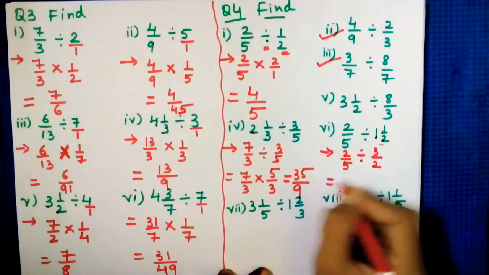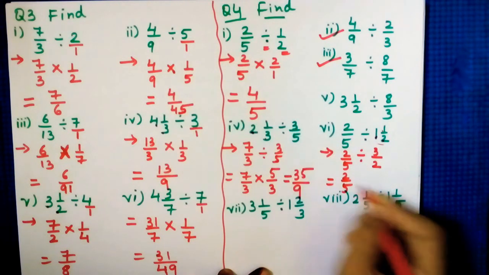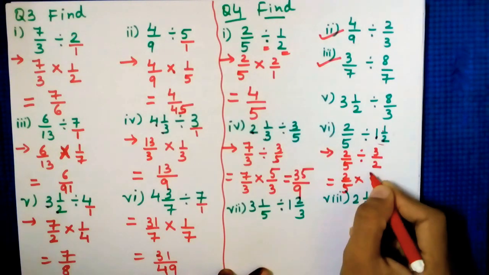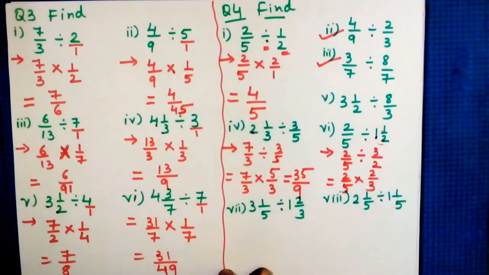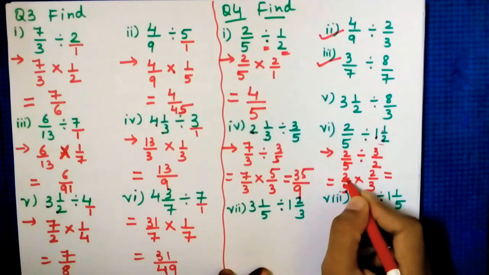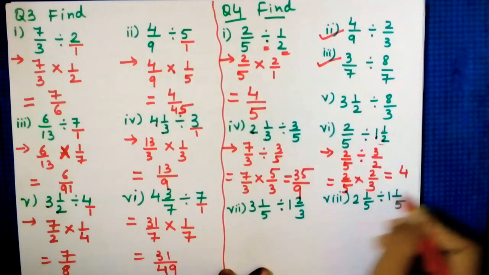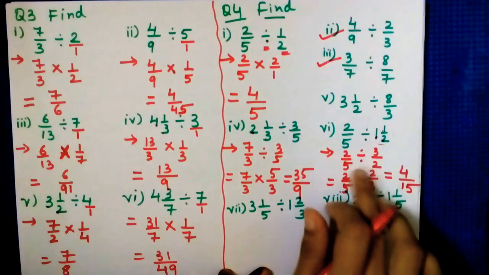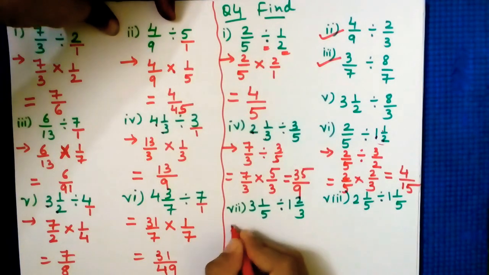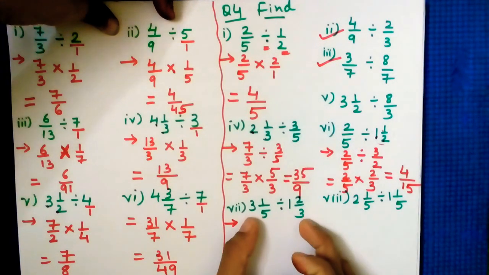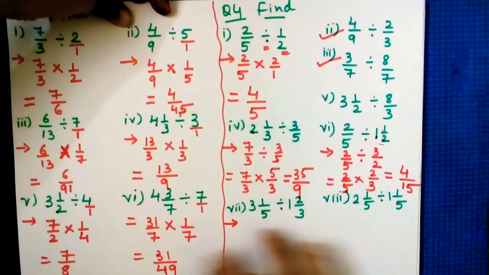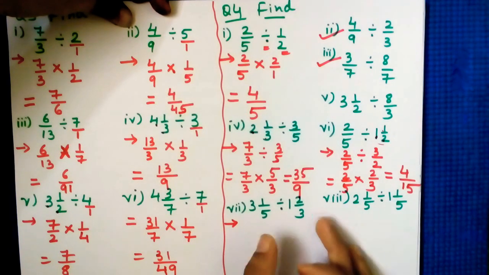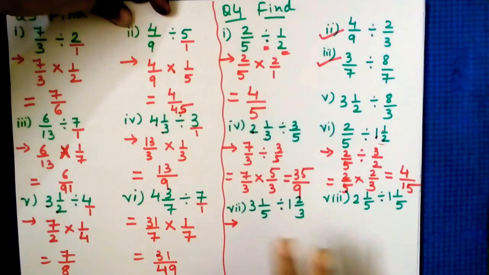Now in next step we will change the sign, and we will take the reciprocal of this number. So 2 upon 5, in place of division we will write multiplication, and in place of 3 upon 2 we will write 2 upon 3. Now we will multiply. So 2 2s will give you 4, and 5 3s will give you 15. So 4 upon 15 is your answer of sixth sum. Now seventh one we will see. In seventh one, both sides mixed fraction is given. So both we will convert, and then in next step we will change this sign and reciprocal. Convert तो दोनों को ही करना है, but reciprocal सिर्फ इसका ही लेना है जो भी sign के right side है, as I told you.